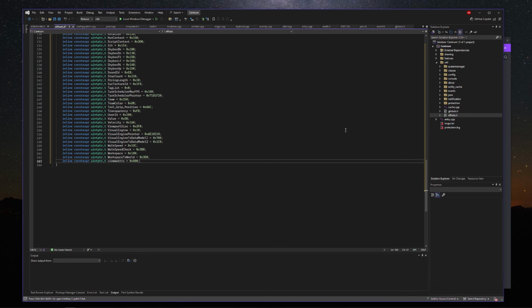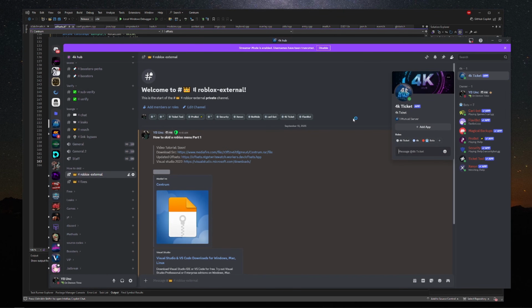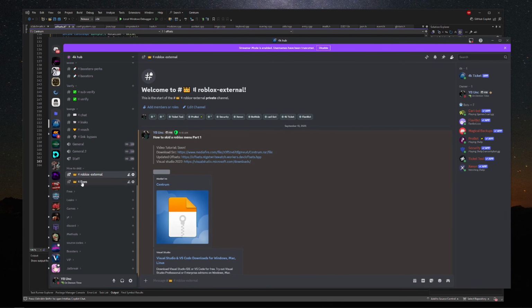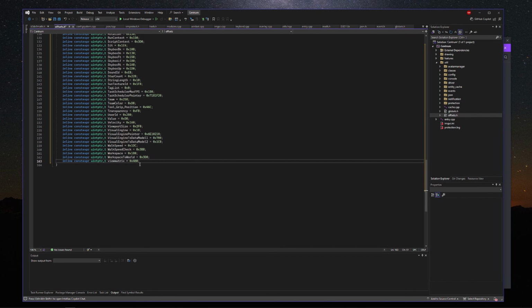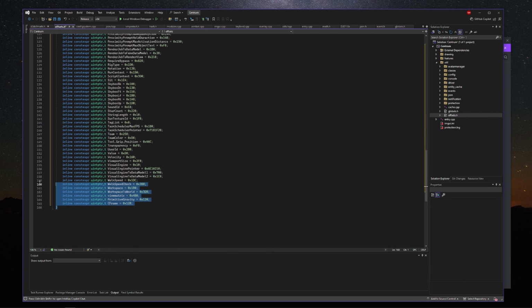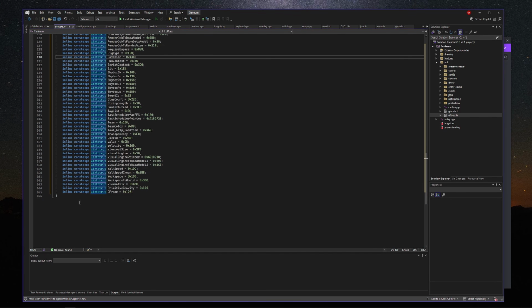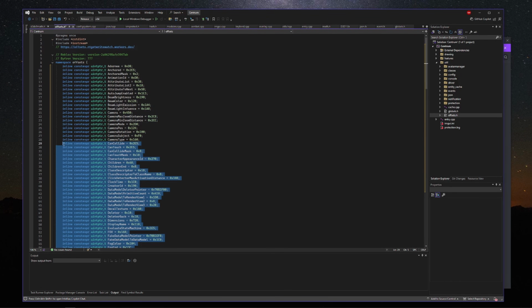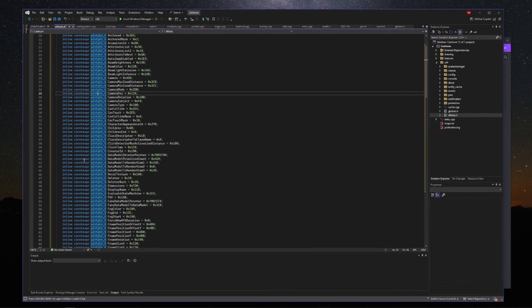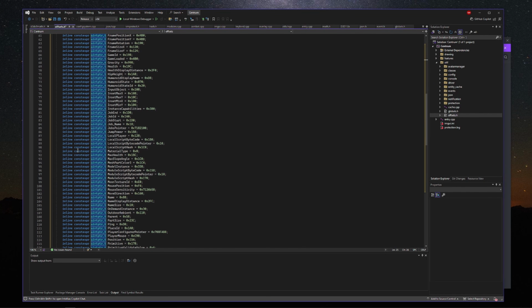And after that, you go to my Discord server, you go to fixes, you copy these two right here, you do enter and paste those in. So after that, boom, now we have updated the offsets. So the menu fully works right now, but if you want to skid it even more,